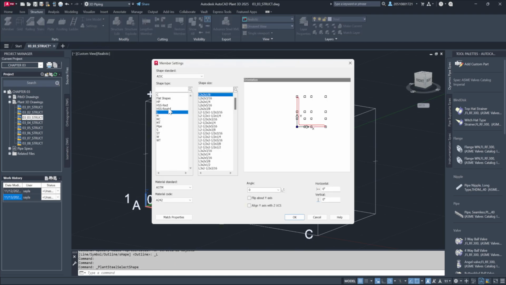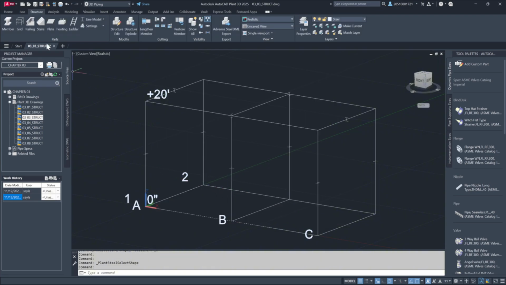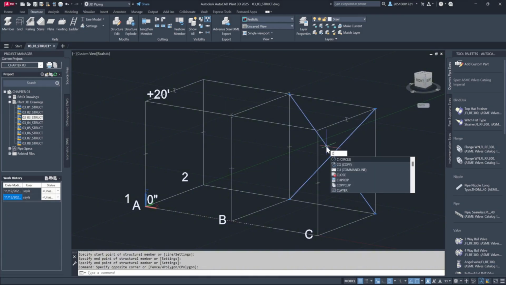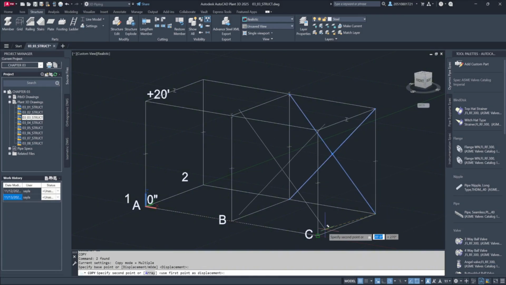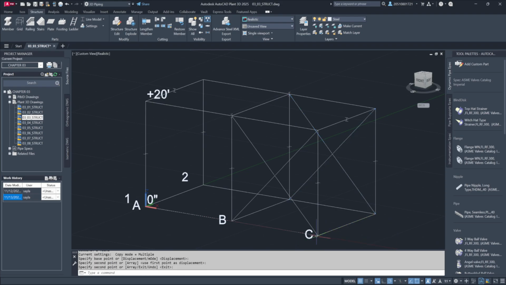To do this, I'll adjust the settings by going into Member, then Settings, and selecting an L shape for the cross-bracing. I'll retain all the insertion points in the material at their default settings and then confirm by clicking OK. Now I'll place a member along the grid, starting from this endpoint to the next, and then extending up to here. I'll go ahead and duplicate this section across. I'll right-click, select Copy Selection, and then connect from this endpoint to the corresponding endpoint, and you'll see that the cross-bracing has been successfully duplicated.